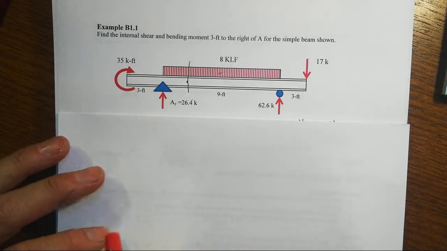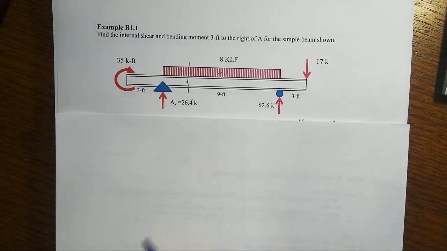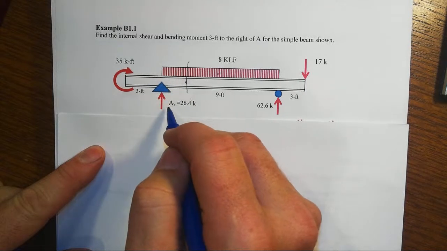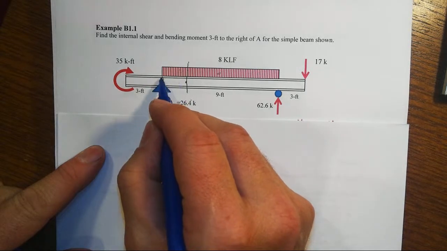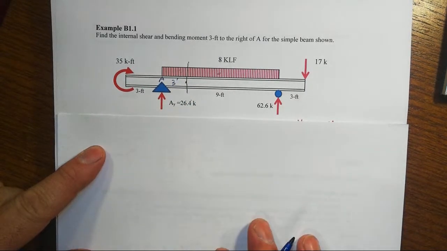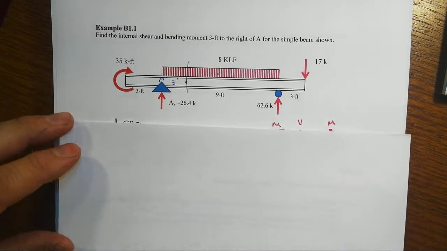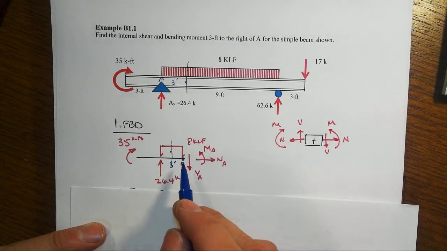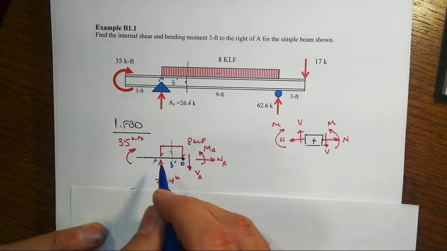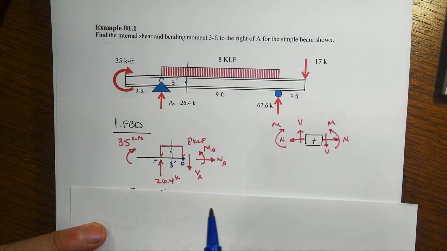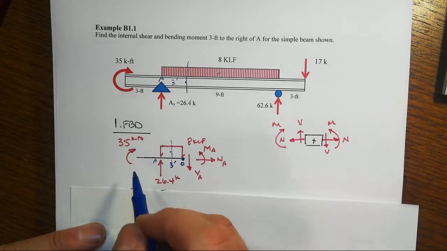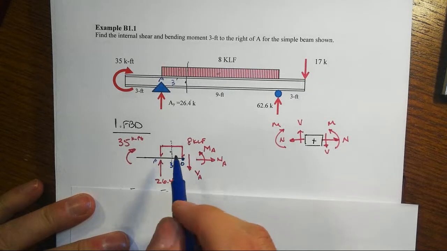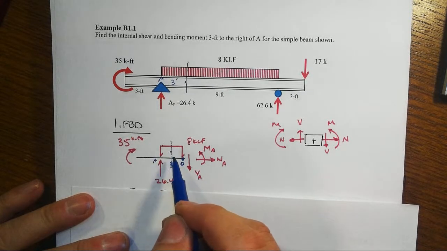We've been asked to find the moment at 3 foot to the right of A, and although it's not marked, it's sort of implied that the reaction at the left is point A, so we're 3 foot over to that. So what we're going to do is cut a free body diagram 3 foot over from that reaction. Right? And when we do that, note we've got to put the applied moment of 35 kip foot in there. We've got the reaction of 26.4, but we must,